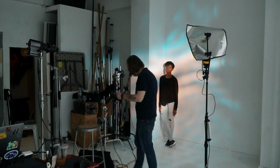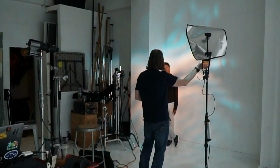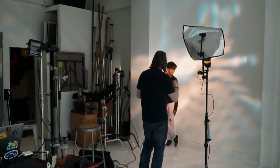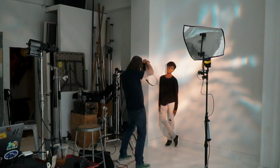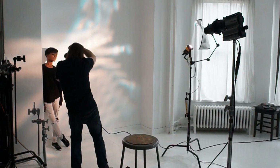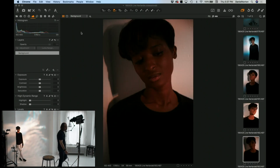And our camera's on daylight. But of course, she's in this kind of cool slash warm light. So depending on where I move it, let's make it really warm. And we'll come in like this. And what's kind of cool about using the mirrorless camera when you're working with constant lights is that I can actually see my exposure very easily through here. So I can adjust it up and down like this, depending on the vibe. Like I want darker and lighter to get the different vibe. I mean, I'm still shooting tethered, obviously, to see my actual photos, but it's kind of cool to be able